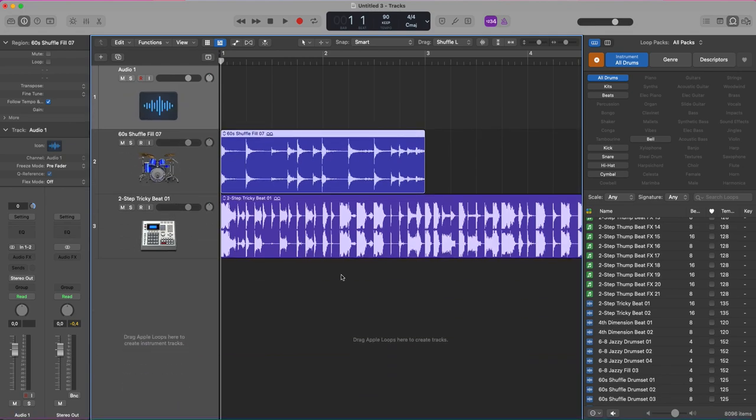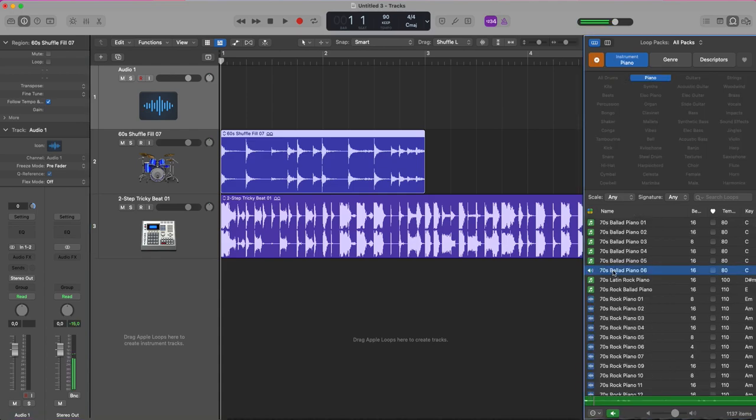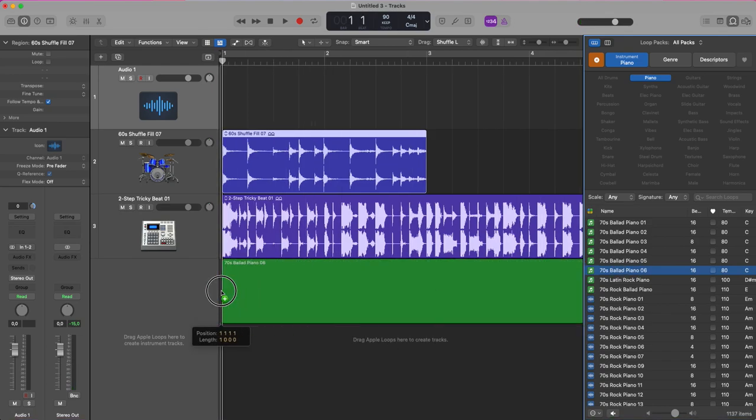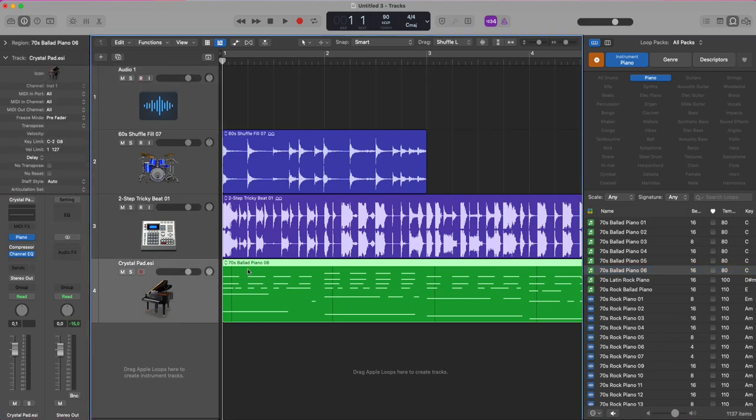If I import a green Apple loop, it is also an Apple loop with audio information, but also MIDI information. So they contain a MIDI region plus a software instrument and effect settings. So for example, if I go to a piano and drag it into an empty space, I will have a MIDI piano region with a software instrument and effect.